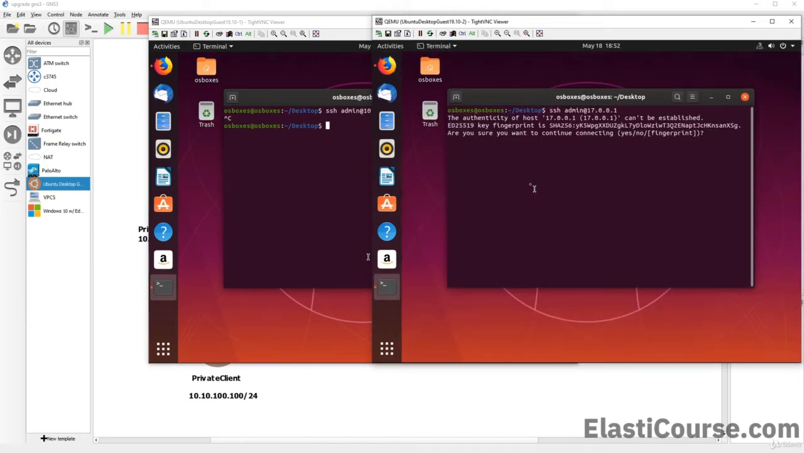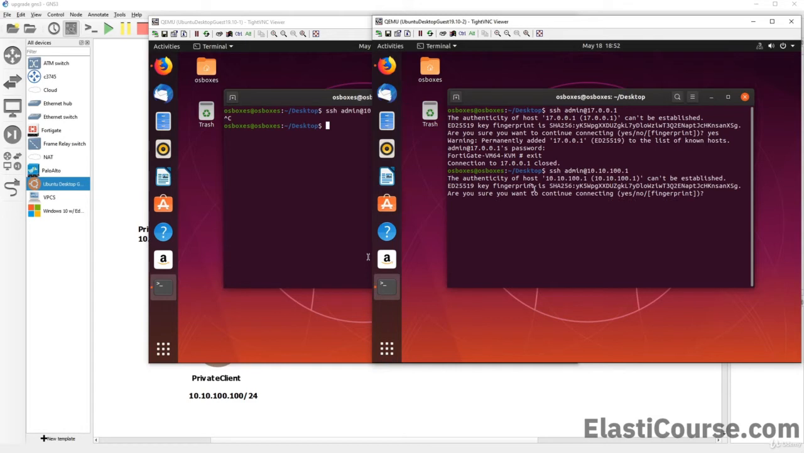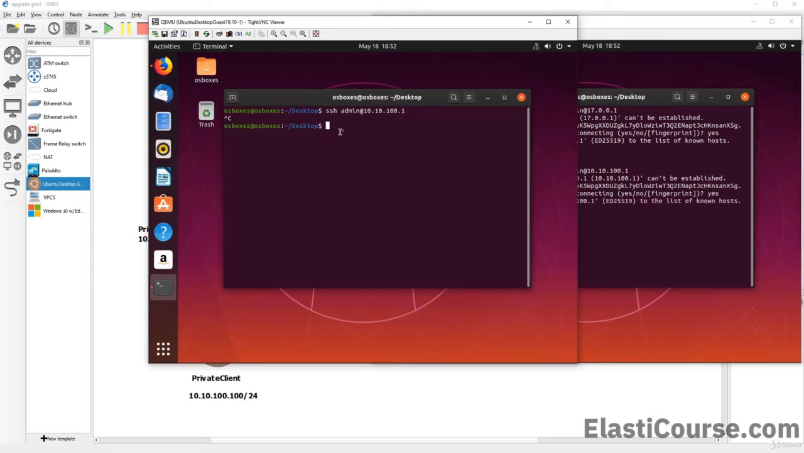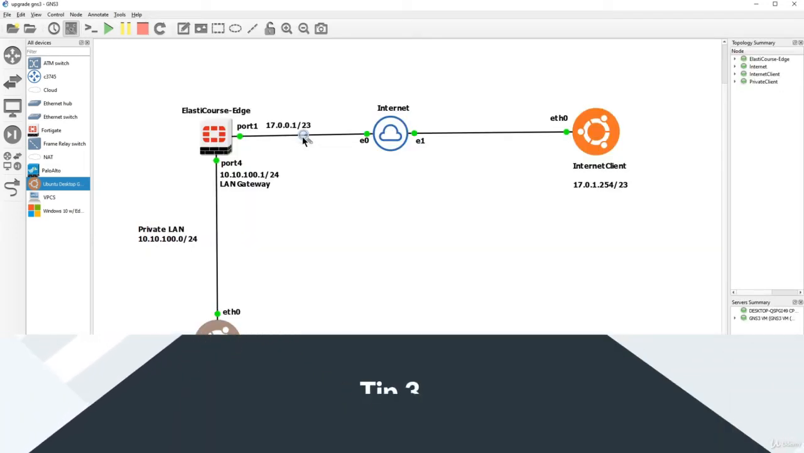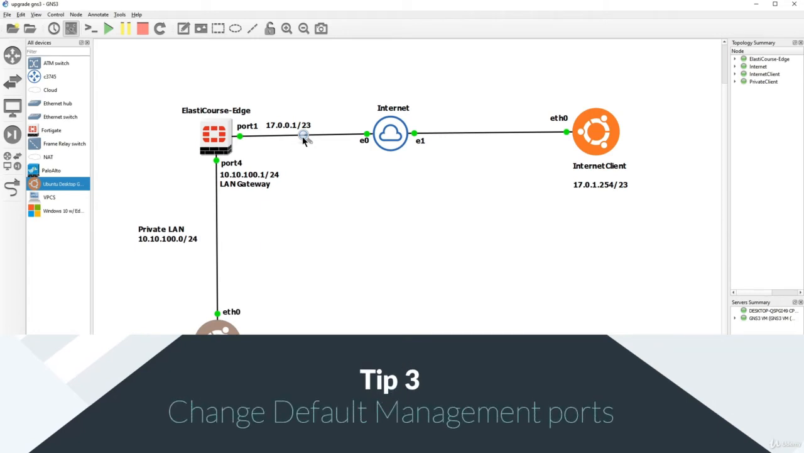From our terminal, we can also try to SSH to the public interface. We are able to get to it. And we can also do it on the other interface, which is 10.10.100.1, and we are able to SSH from our internal client, but the other client is not able to see this traffic at all, and that was using trusted host. Now the next step I want to show you is to change the default ports on the firewall,